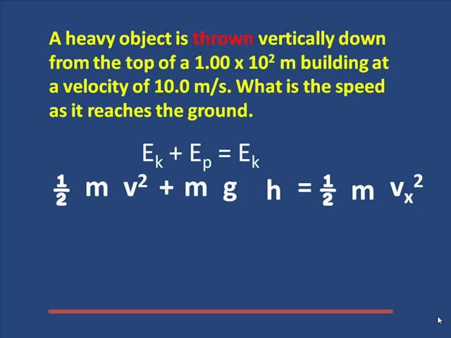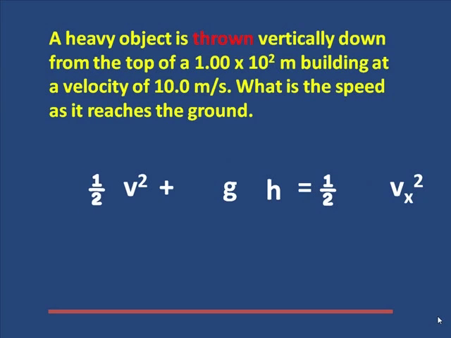Now the x is the unknown velocity, and all the masses cancel again. So make sure you take them out. And now I have an equation that's fairly simple. I have 1/2 v squared. I know both of those